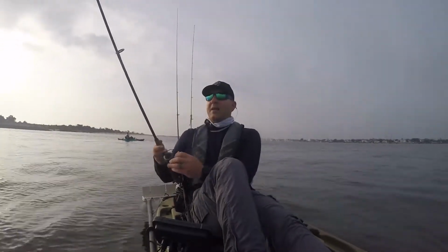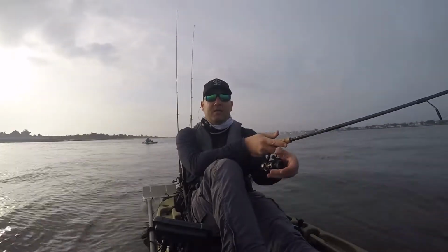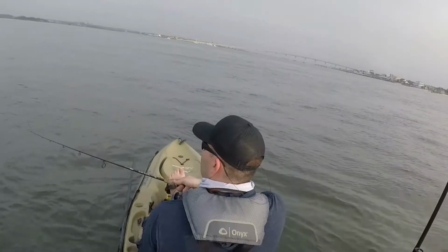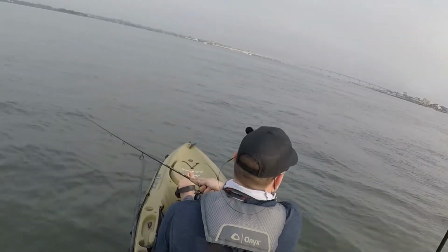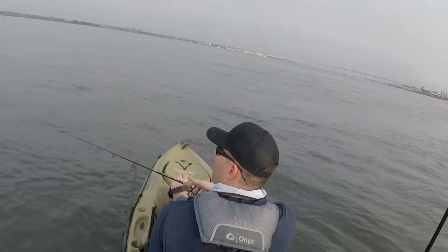All right, guys. So here we are. We're out at Salt Run. We made our way out towards the jetties. It was low tide, so we couldn't really fish the docks that we wanted to go and fish. So as we were headed out towards the jetties to try to see if we could find some trout hanging